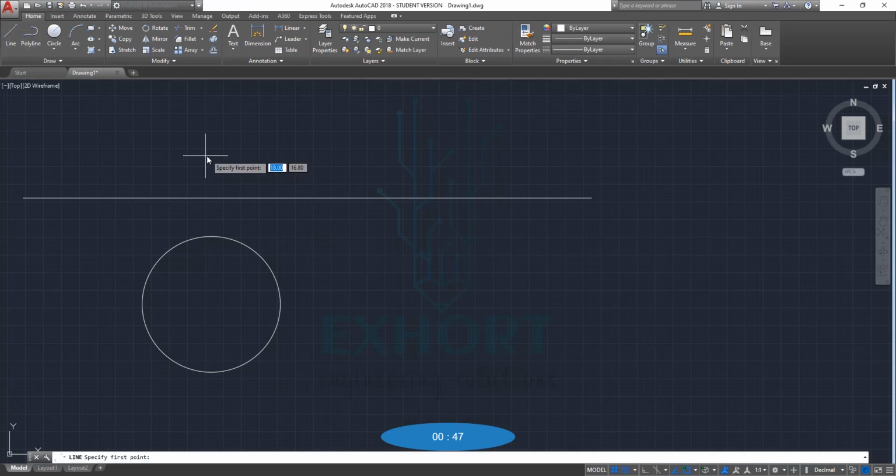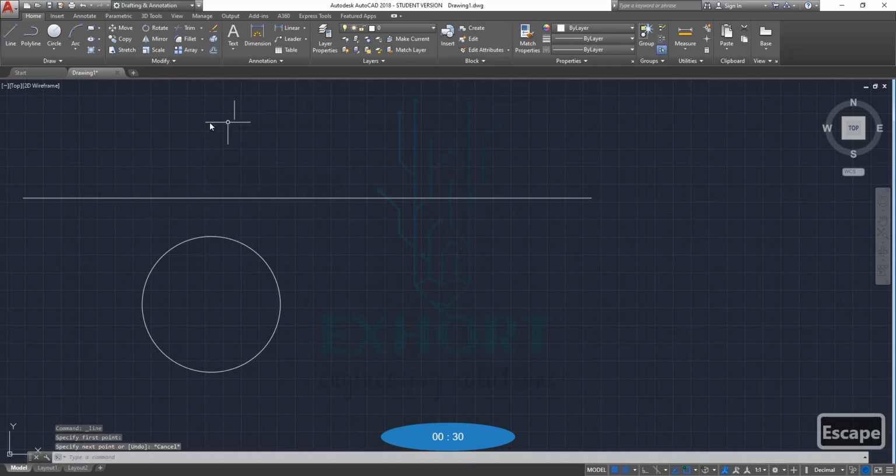If we click here for the first point and give the dimension, friends, now you will see this line is going anywhere, and we want to draw only vertical and horizontal, but it is turning through 360 degrees. So this setting is named ortho mode, and we want to turn it on by clicking here.